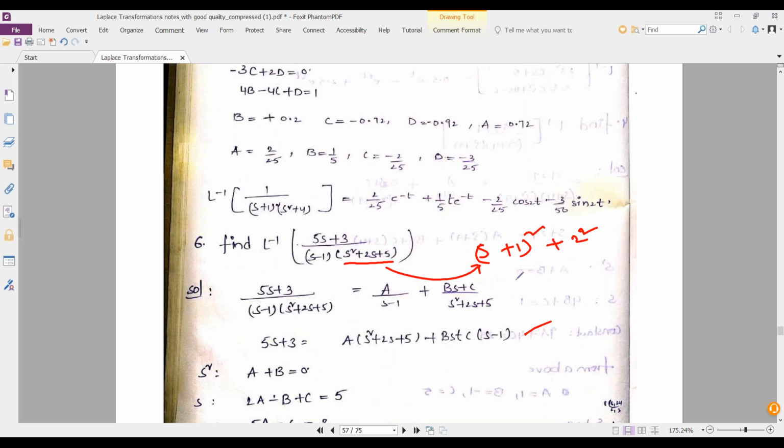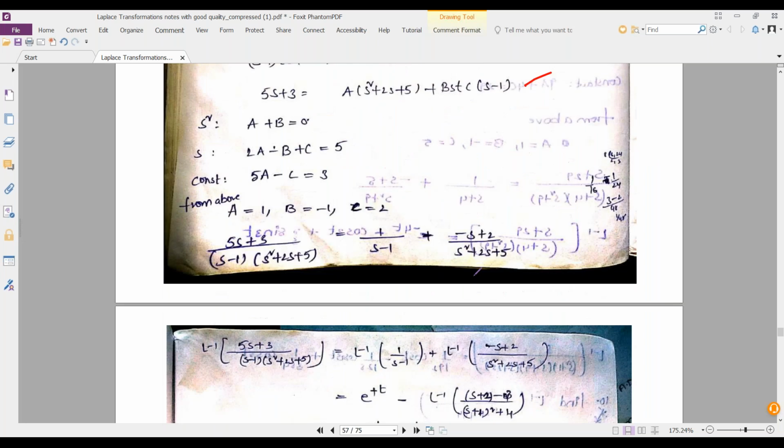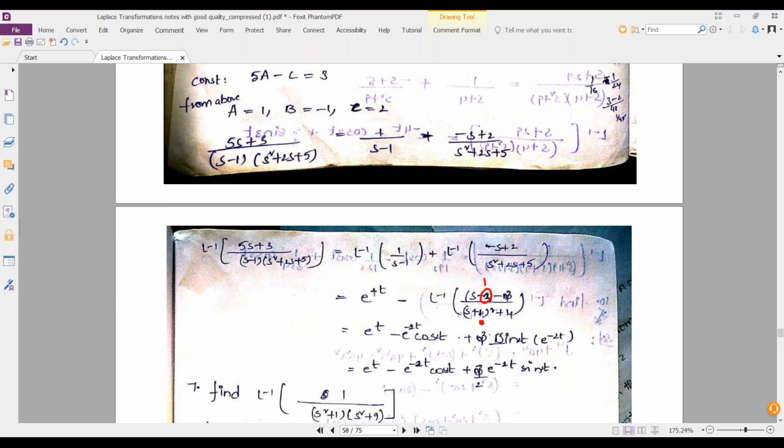This is right, because if you write (s plus 2) whole square, what would it be? s square plus 4s plus 4. But here it is only 2s. So that's the reason you have to write this; it is not s plus 2, it is (s plus 1) whole square. Again here it was updated, I think. So here it is s plus 1. You need to adjust in the numerator and denominator and simplify that one.